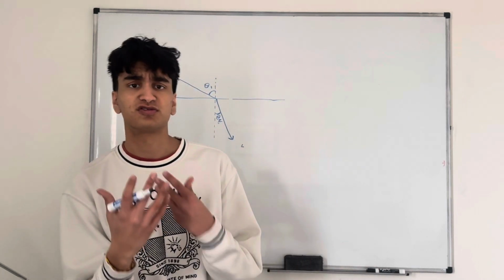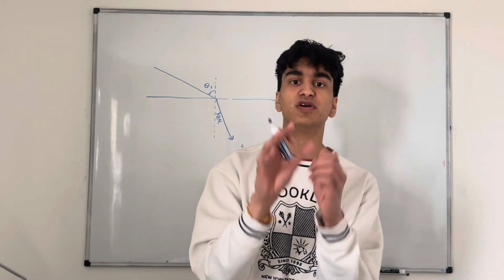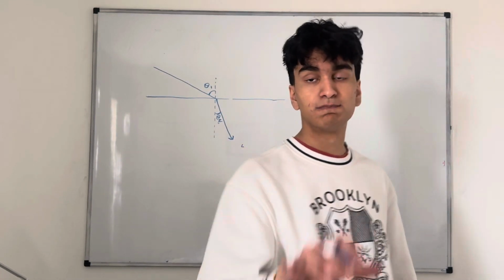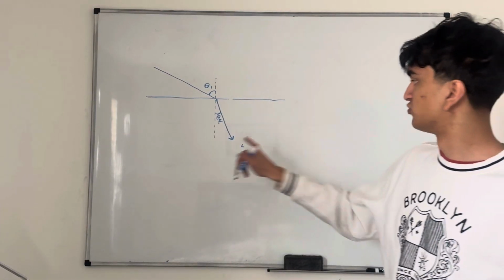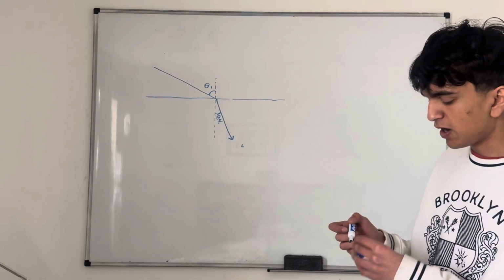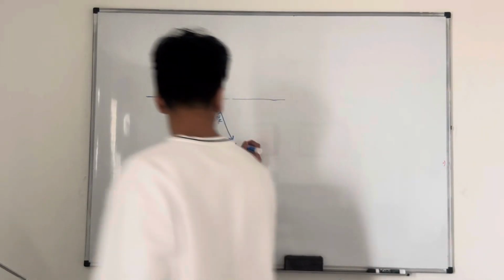What Fermat's principle tells us is that light will always take the path of shortest time between 2 points. So if you think about these points right here,